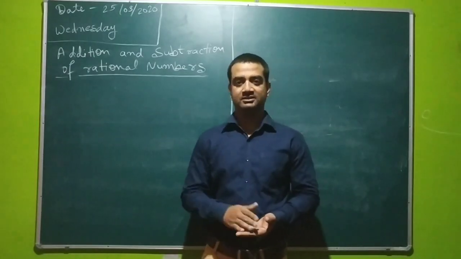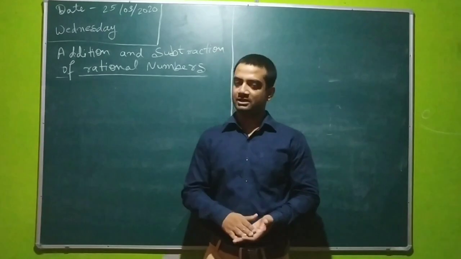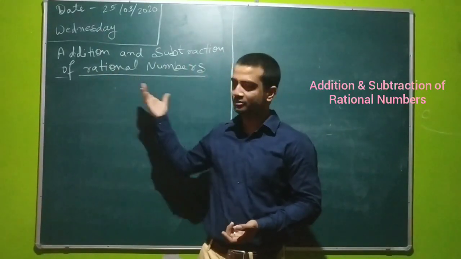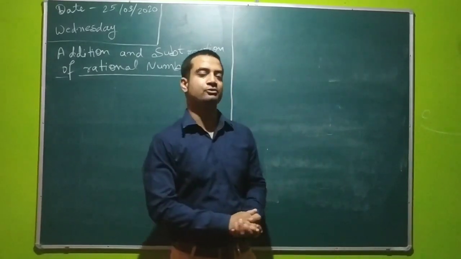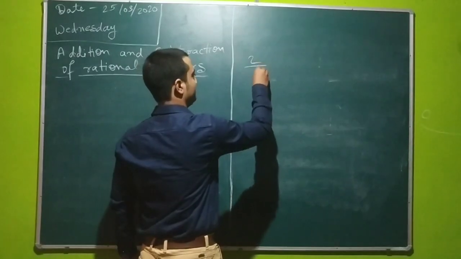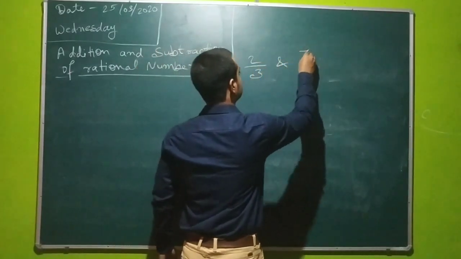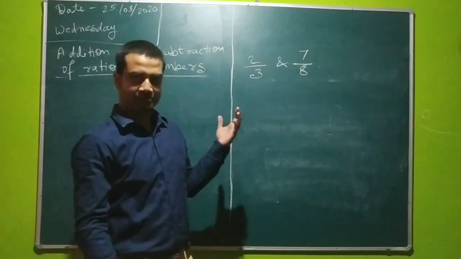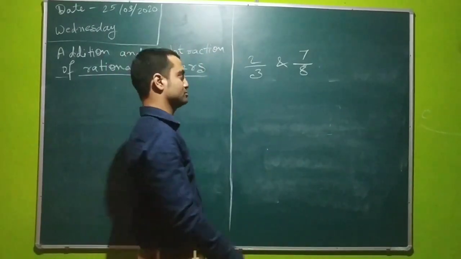Since we have studied this in our previous topic, today we are going to study how to add and subtract rational numbers. Let's have a look with an example. Suppose 2 by 3 and 7 upon 8 are two rational numbers. We have to add these two rational numbers. So what we will do,